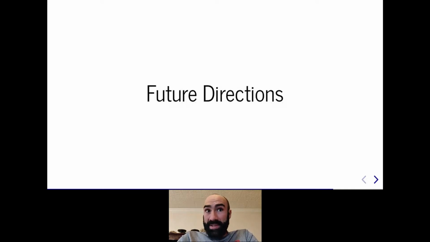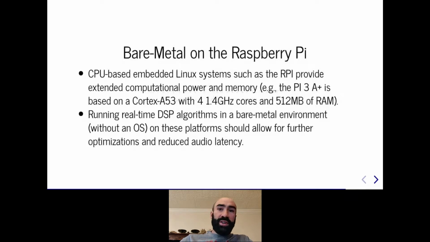Our conviction is that domain-specific languages such as Faust can make low-level platforms with potential applications for audio processing more accessible to the makers, audio DSP, and music technology communities. We mean FPGAs, GPUs, and bare metal CPU-based embedded systems when we say these platforms. Such systems can target ultra-low latency applications and provide extended computational power for specific algorithms. So our future efforts will focus on these topics, and let me give you more details about that.